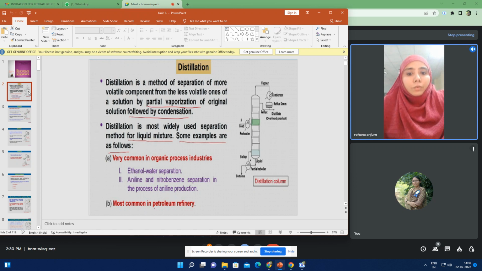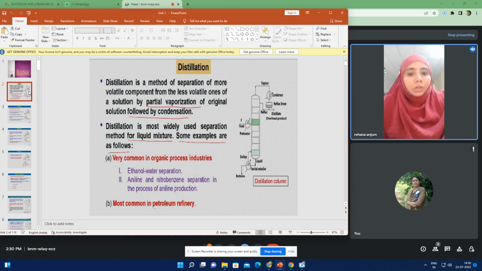Distillation is a method of separation of more volatile components from a less volatile one of the solution by partial vaporization of a original solution followed by condensation. So, in this case, unlike in absorption, we need to add some solvent, that is a third component, to separate the gaseous mixture. But in this case,